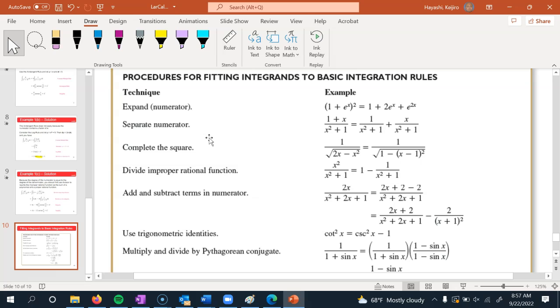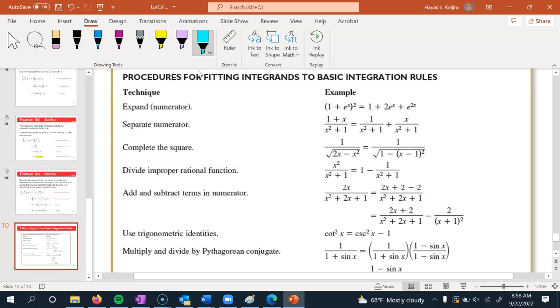These are techniques for making something look different, maybe making it more easily integrable. And we'll just go through each of these, and then we'll take a break. Okay. So one of the more obvious techniques is if you have something that you can simplify,